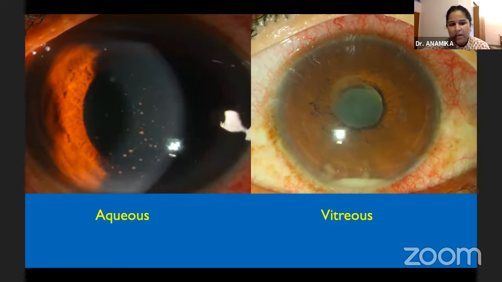So here it could be either HSV or VZV or CMV. If you're wondering which virus it is, you would want to tap the aqueous. And one more important point here: provided the vitreous is absolutely clear and there is no lesion in the retina, that means you are sure you're dealing only with the anterior segment presentation, which is anterior uveitis